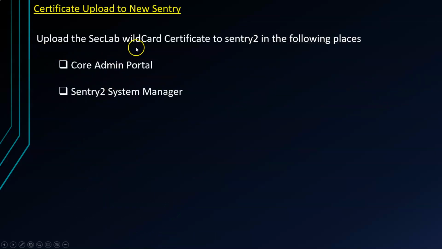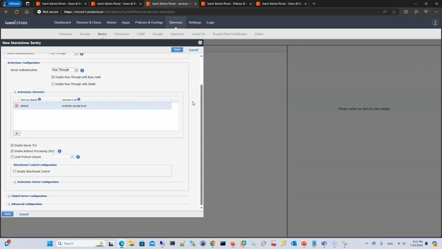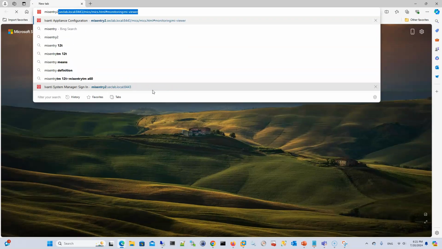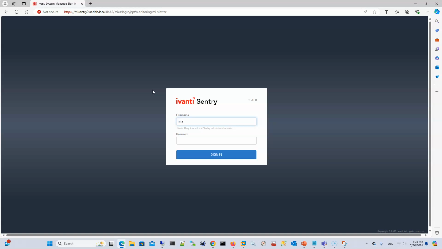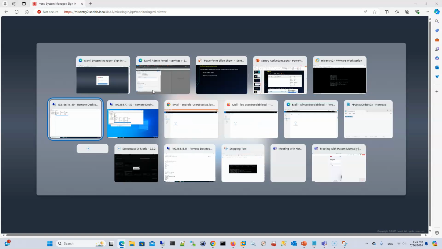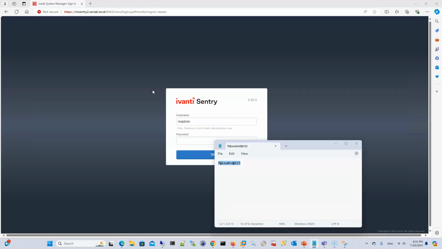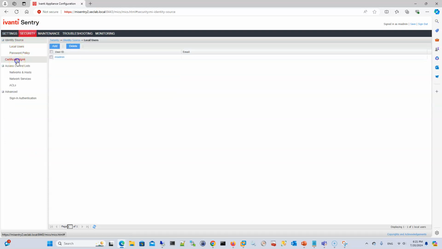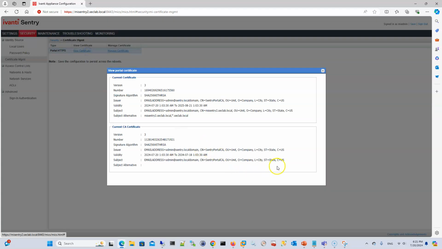Now we need to upload the SecLab wildcard certificate to Sentry2 in the following places: the core admin portal and the Sentry2 system manager. I will start with the Sentry2 system manager. So I need to open the Sentry itself, my Sentry2, with my admin password. Here, if we go to security, certificate management, the certificate currently there is the self-signed certificate coming with the